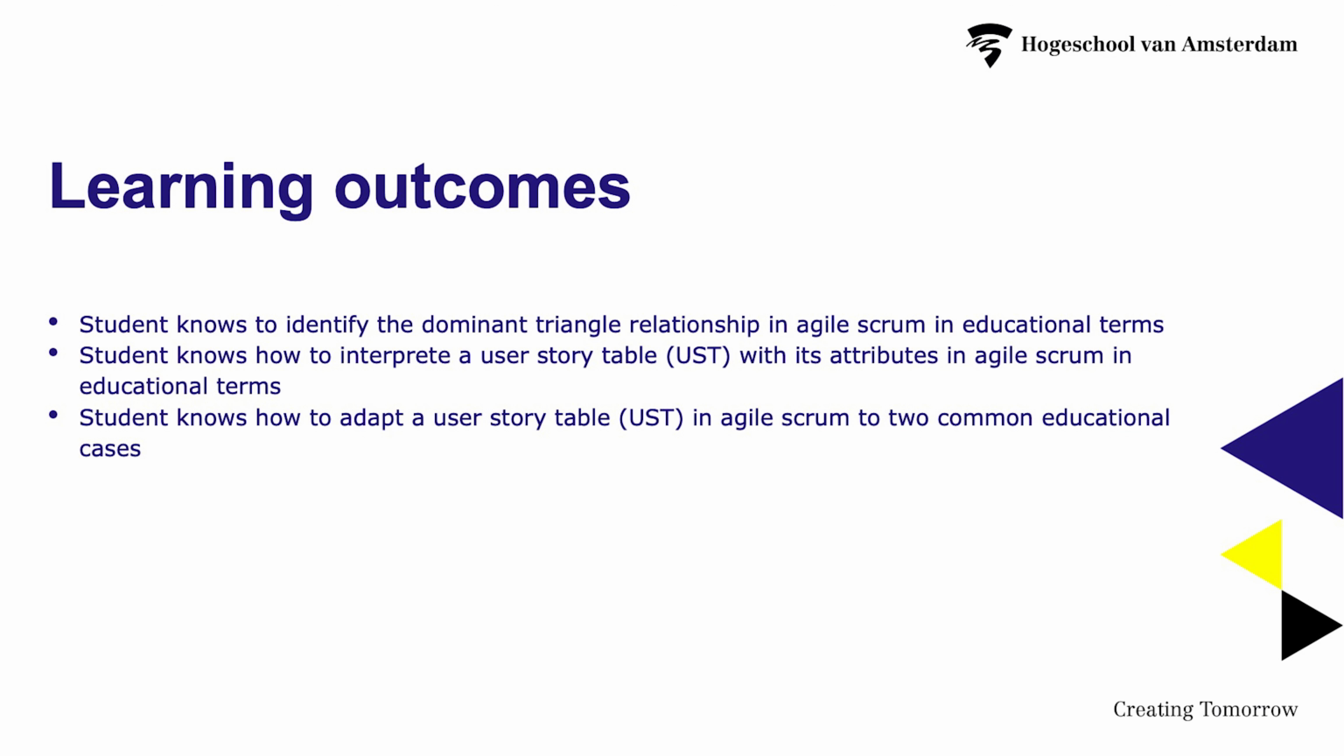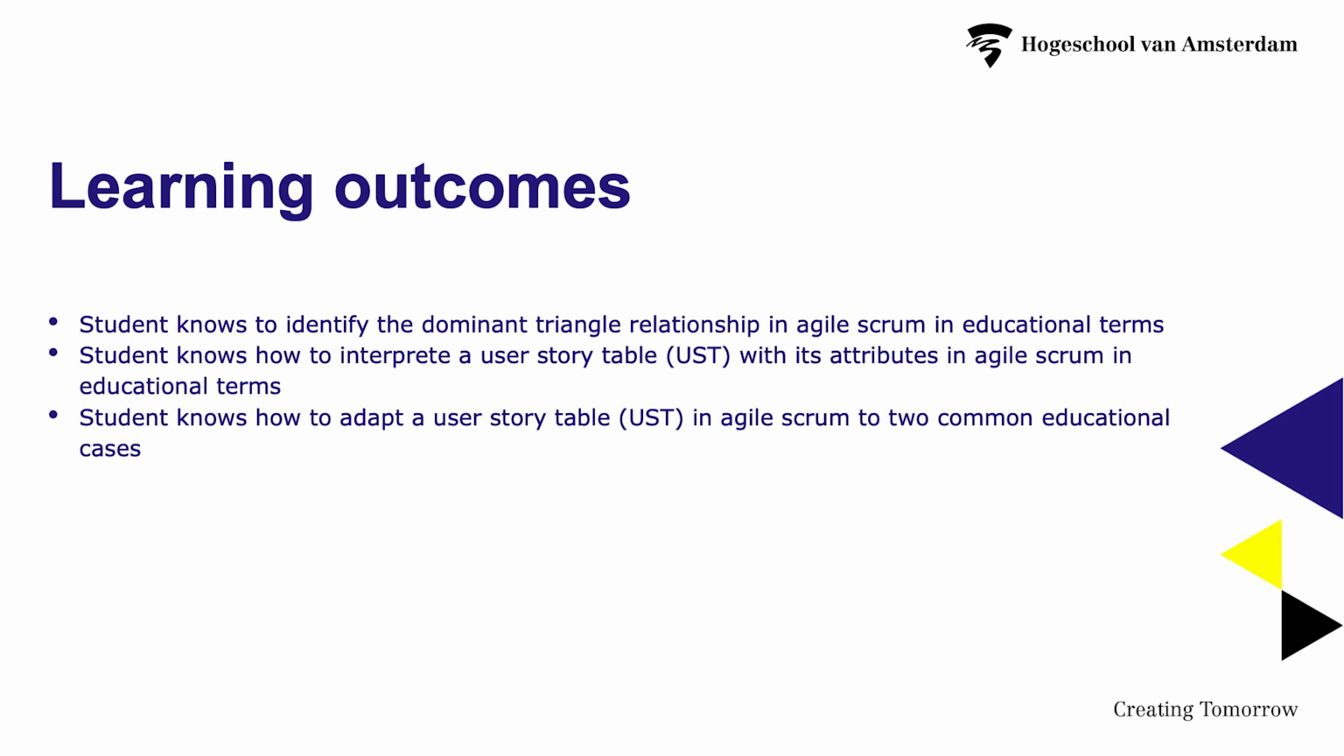How can Agile Scrum be applied in education? In this video, we will explain it. You will learn about the typical triangle configuration of relationships in education, how to interpret a user story table, UST, with its attributes in Agile Scrum, and how to adapt a user story table, UST, in Agile Scrum to two